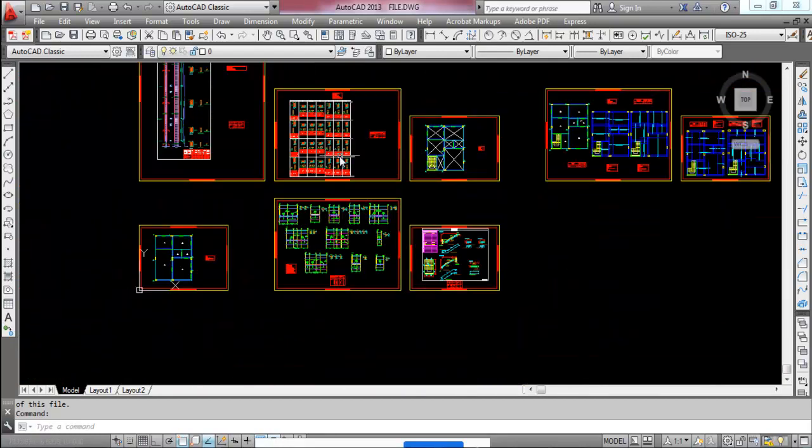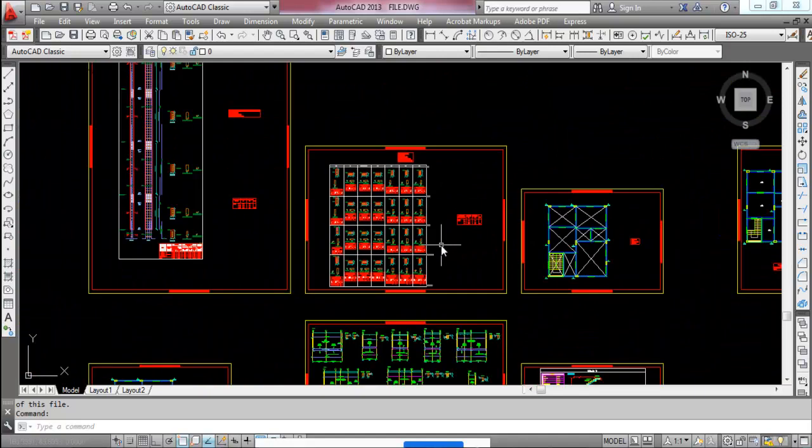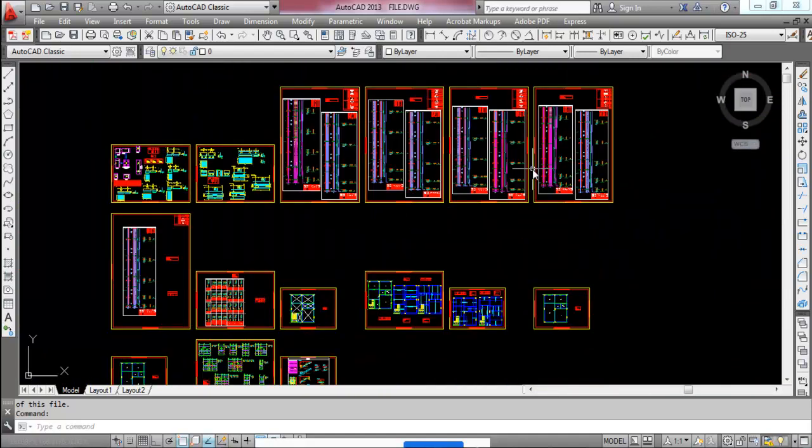So I hope you have enjoyed this software, the capability of the software. This is what